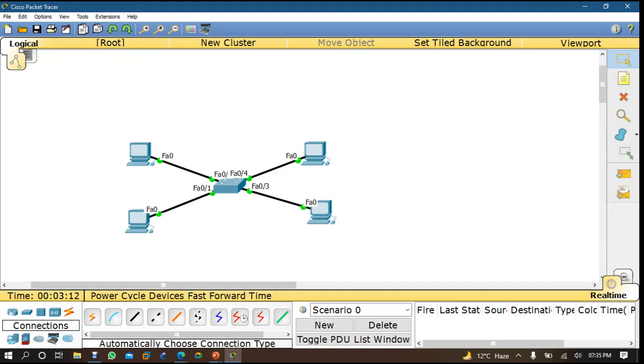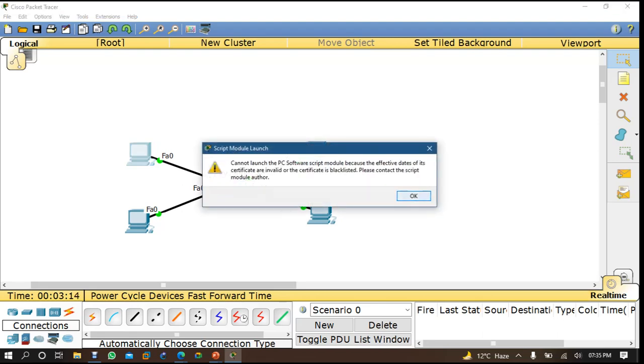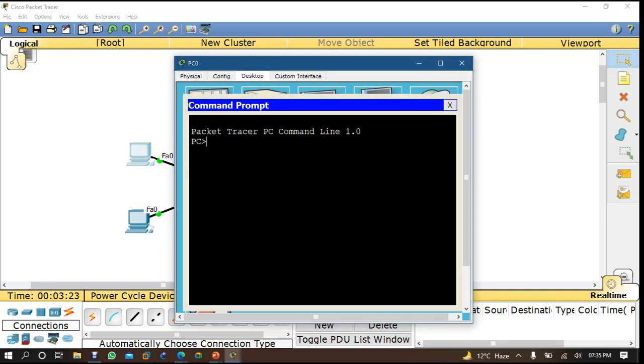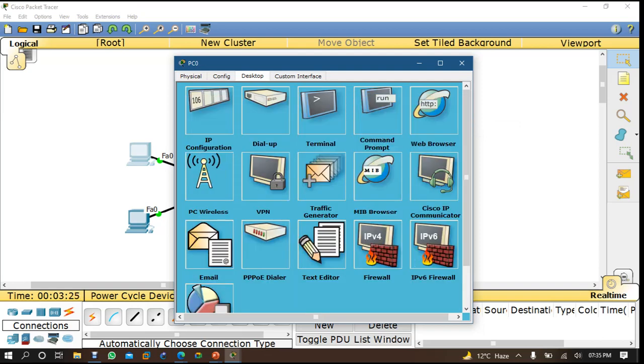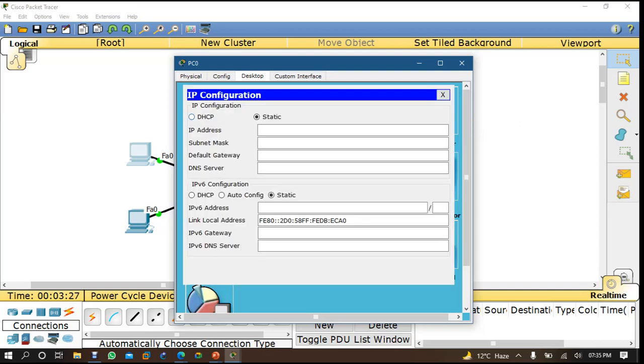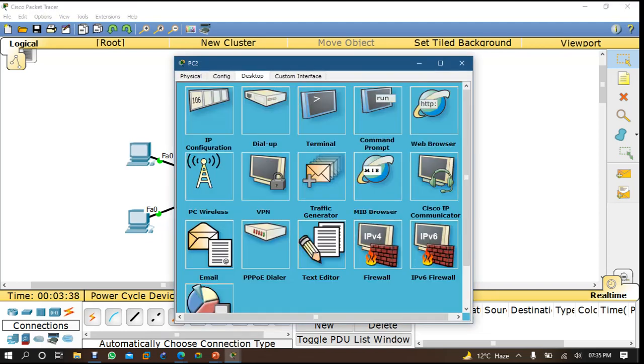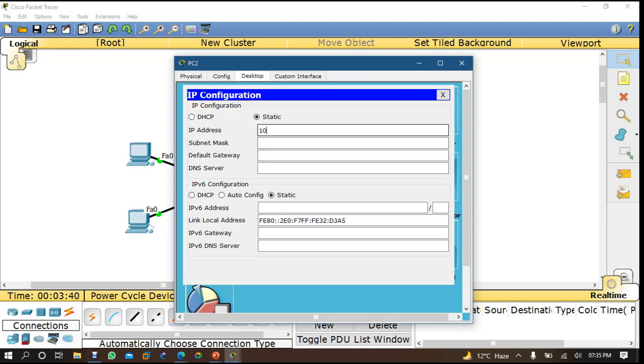Okay, so I have this PC here. IP configuration. Let's put the IP address. I'm using here 10.10.10.2. Subnet mask is this, no problem. And on this PC I'm using 10.20.20.2.